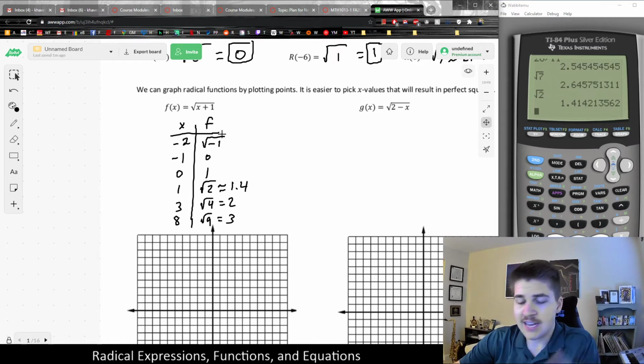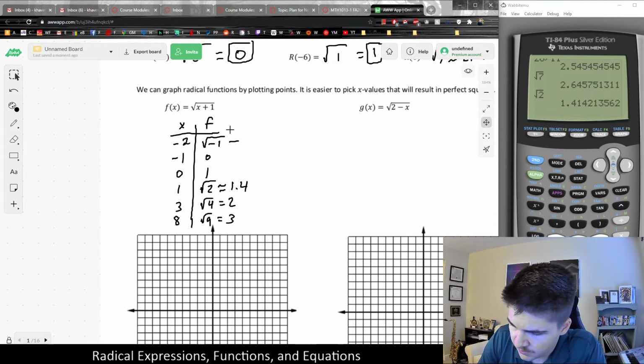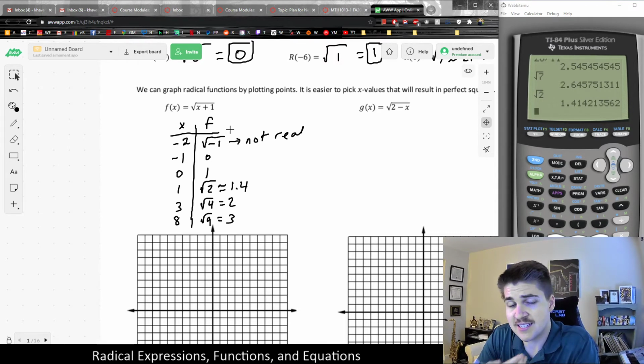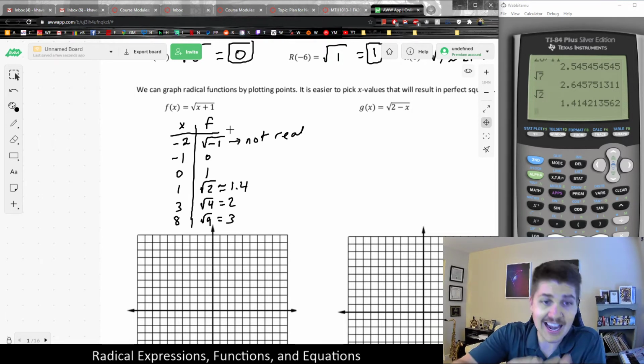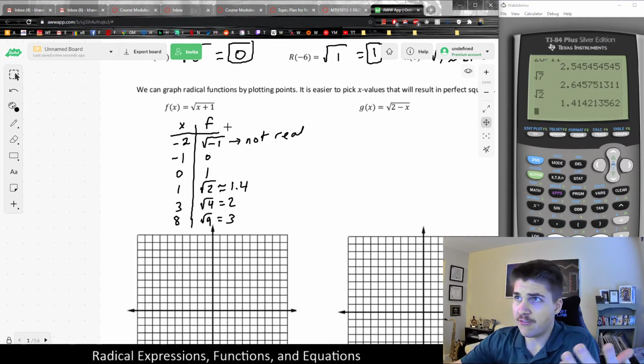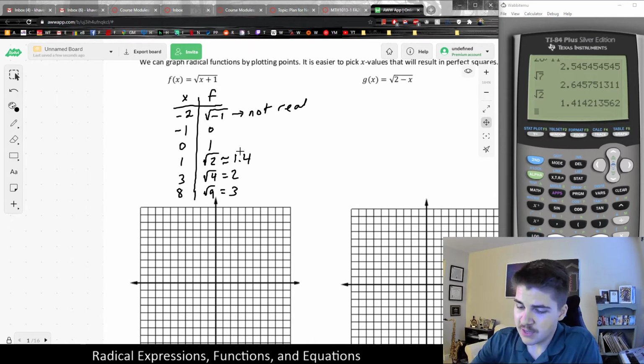But for right now, we're just going to say that this is not real, because in math we just refer to them as a set of real numbers. No real number can square to be negative, but there are numbers that exist that actually do work for this. But non-real numbers will not show up on the graph, and non-real numbers will not be part of the domain. So all this is a way of saying, for now, we're just going to skip this, and